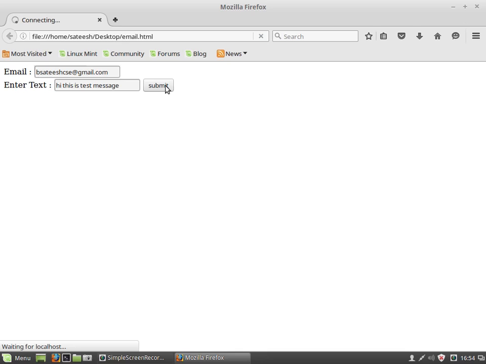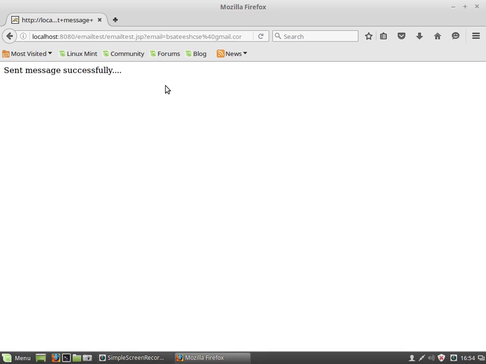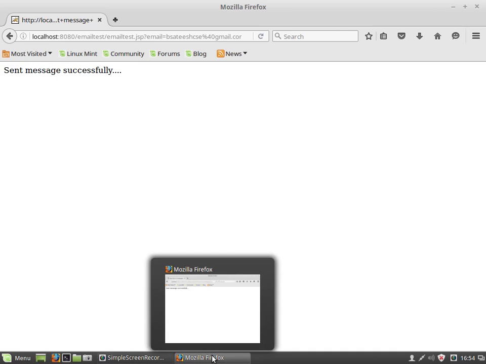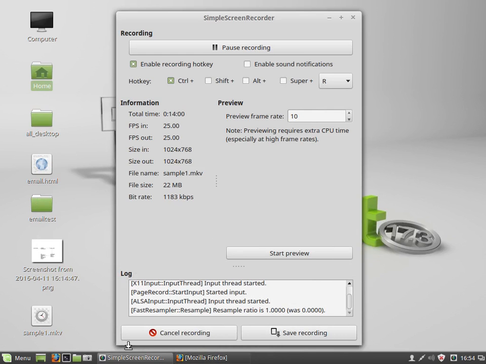Now it has redirected to the JSP page, from which Gmail SMTP has collected our parameters and sent the mail successfully to the person bsatishcsc@gmail.com. Right, message sent successfully. This is the last statement that I have used in the JSP to make sure that our program has successfully executed. Now I'll open my account and see whether